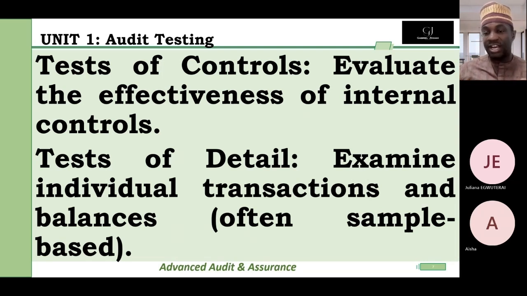So when you're doing three-way match and you are testing 10 invoices, and you've tested three ways and checked that they follow the PO process, they receive the goods and they want to pay, and those 10 invoices are okay, then you notice there's a compliance test pass. You may not be able to go into substantive tests. So from those 10 samples of 1,000 invoices, you can validly say that these people are following the process of